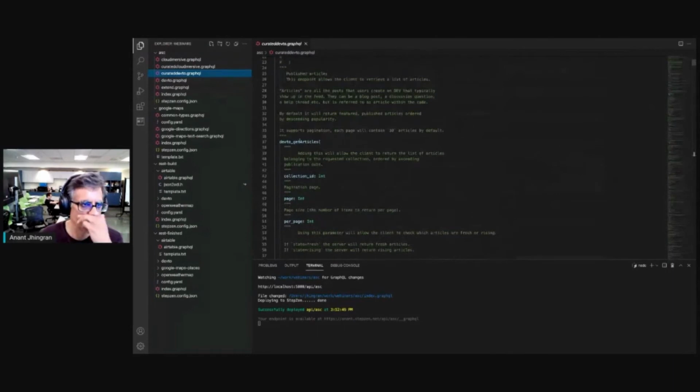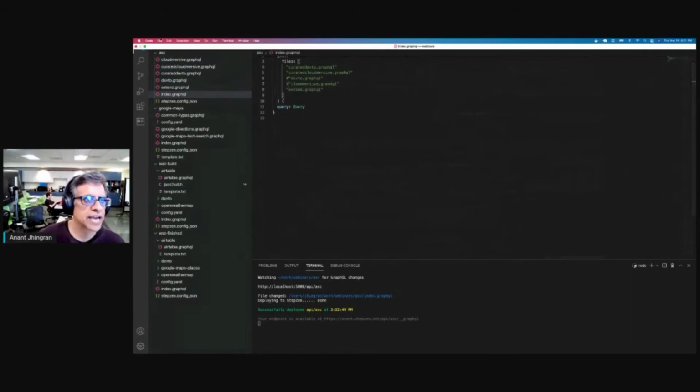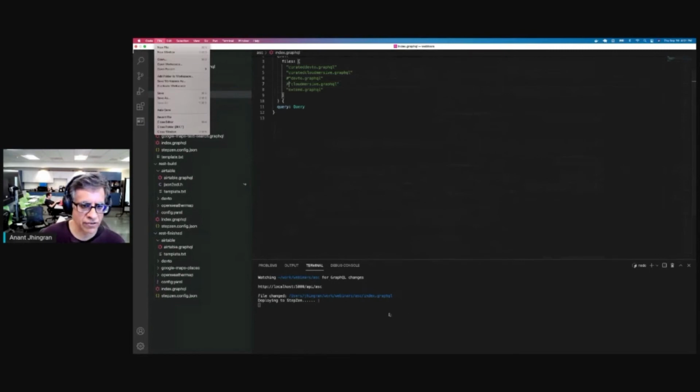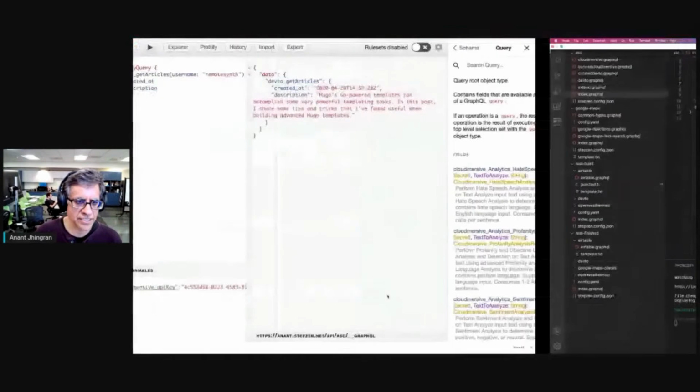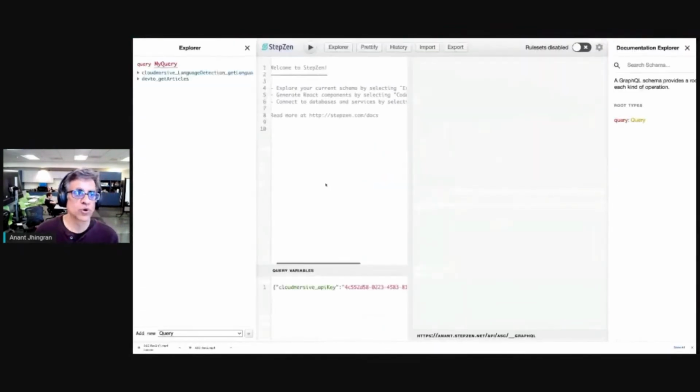In this case, they have to get articles. And so let's go and create a new manifest by changing the previous ones to now only deal with these ones. And the good thing about how we work in StepZen is that this is actually automatically being saved, and then it'll get deployed. And once it gets deployed, let's go and see what has really happened. And now you only get those two endpoints.